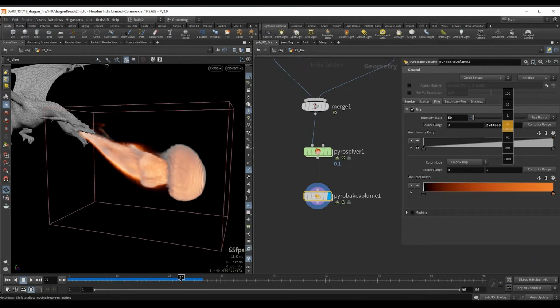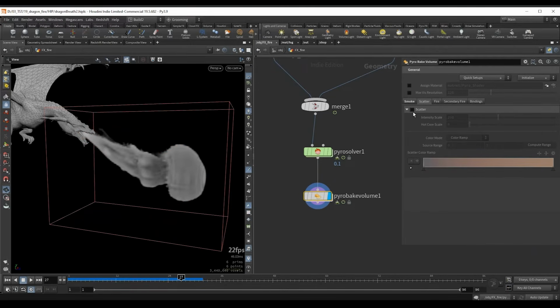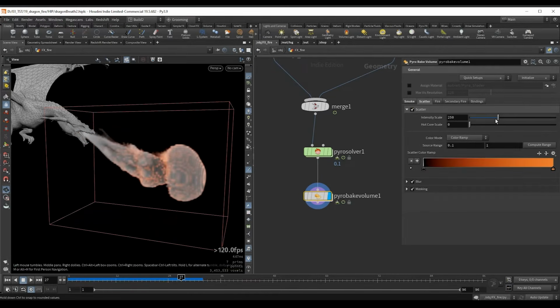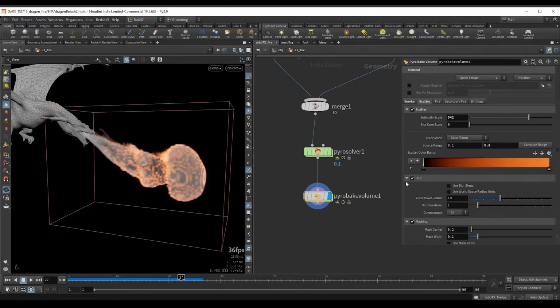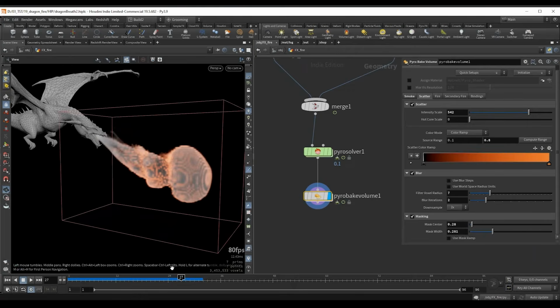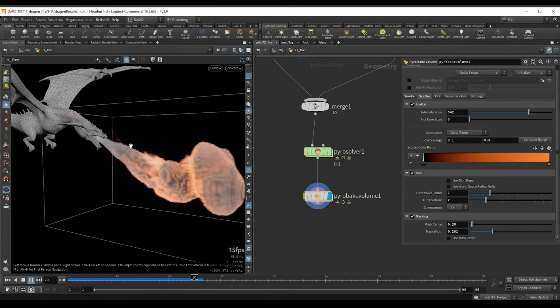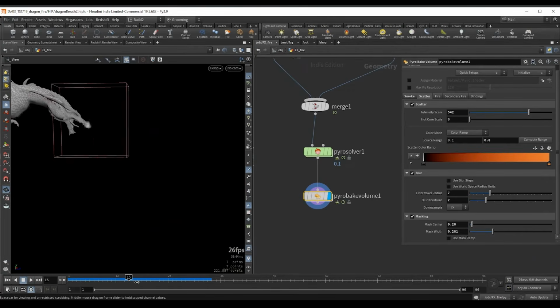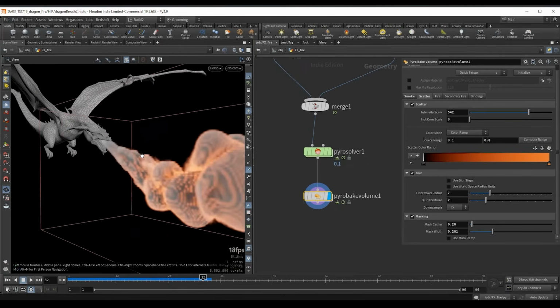And we can play around with the source range here, so I can increase this. And now that we have density, we can actually go, let's disable the fire for now. Let's go to our scatter field, and now we can see that this is working sort of as it should. So we can play around with the settings here, and I might want to increase the blurring here, and also these are settings that you can go back and forth with to get a cool result. And now there's not a lot of use doing this now, since we are working with low quality resolution and we still have a lot of settings to adjust.